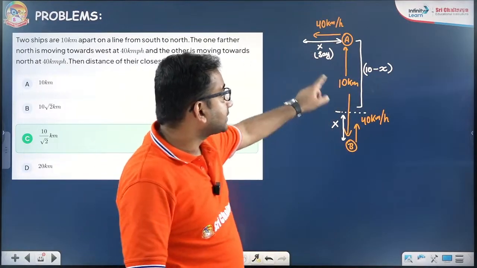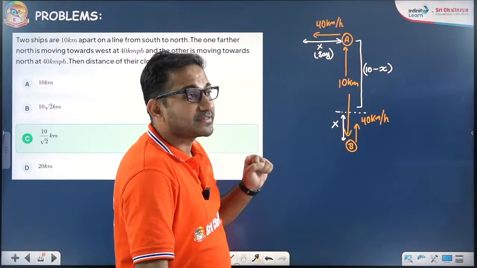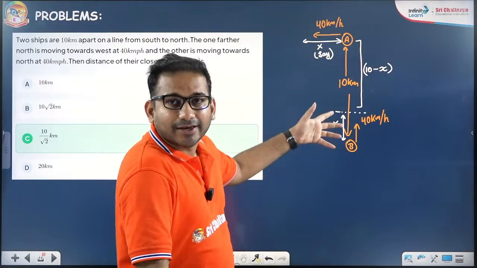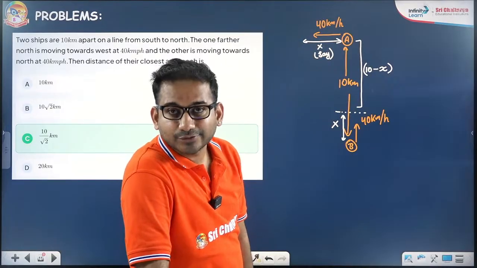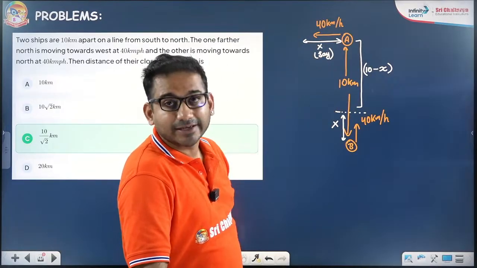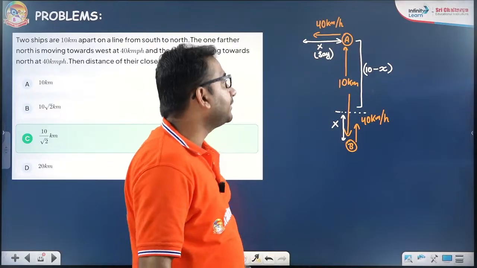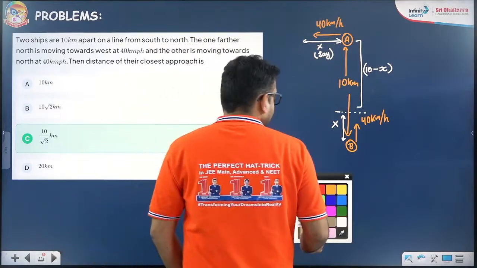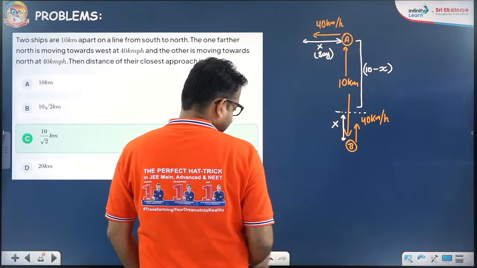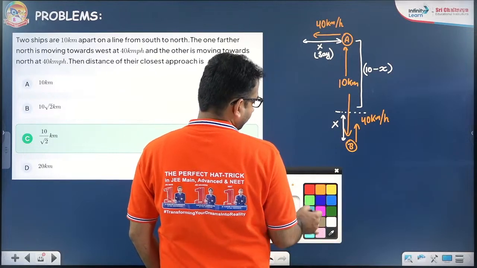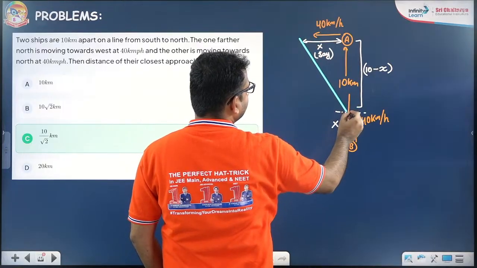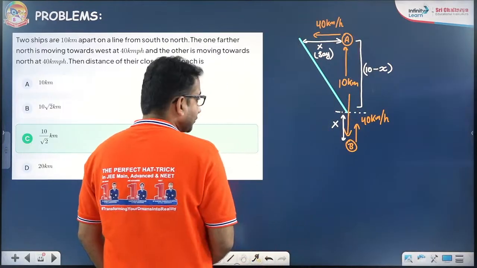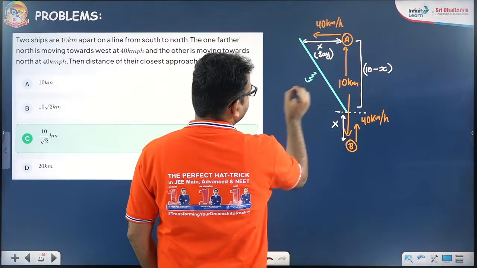But they are moving with the same speed. If they are moving with the same speed, in the same time, they will travel the same distance. So suppose it has traveled a distance x over there. So this will also travel x. So the remaining distance here will be 10 minus x. Now, if I try to join from here to here, it will give you some random separation. So this separation